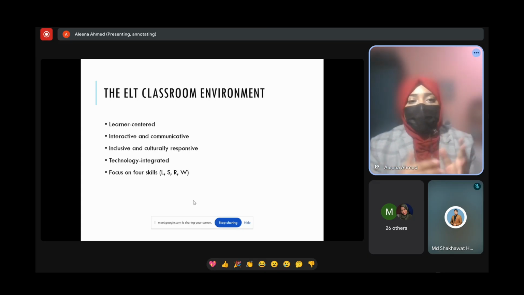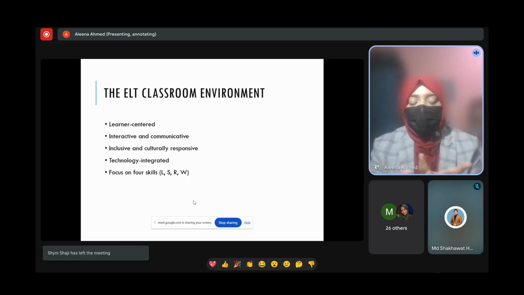For example, if I have a text and I want to practice comprehension, and today's lesson is about comprehension, definitely not every student in the class can comprehend a C1 level English text, right? So I have to mold that same topic. For example, it is zoo life. So I have to mold the zoo life topic into three different kinds of language levels or texts.